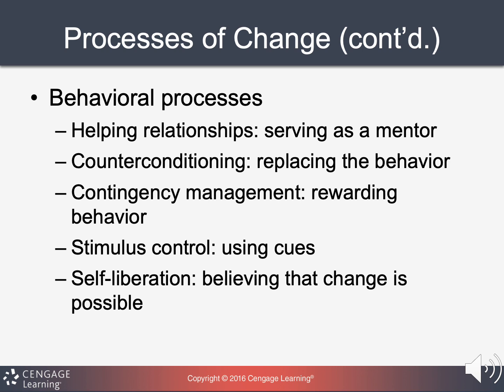Then there's stimulus control. It deals with people's cues or prompts or catalysts to keep them continuing the healthy behavior, and to go against the unhealthy behavior. So what's going to keep the person out of the bar or keep them from drinking so much at home? They have to think about that. And then self-liberation is the belief that the change is possible, that they can become this person that they want to be, this new person, or even a better person, and following through with that commitment.